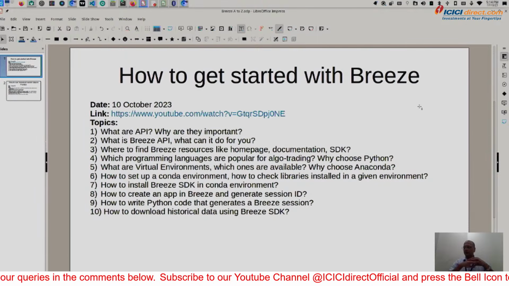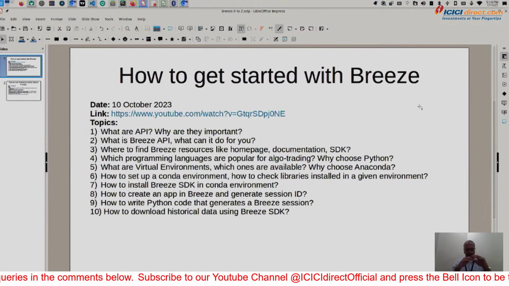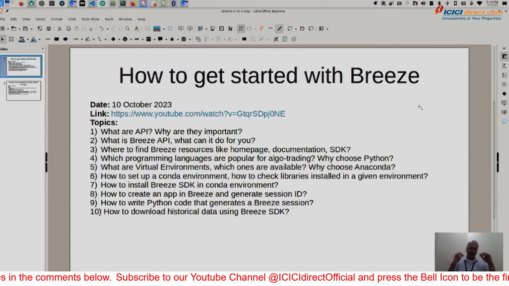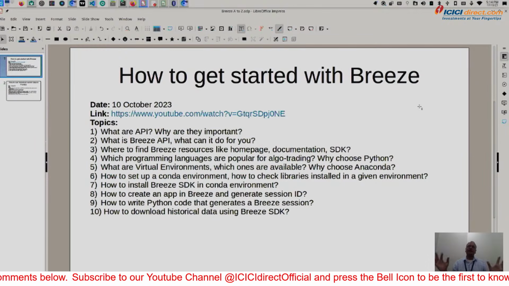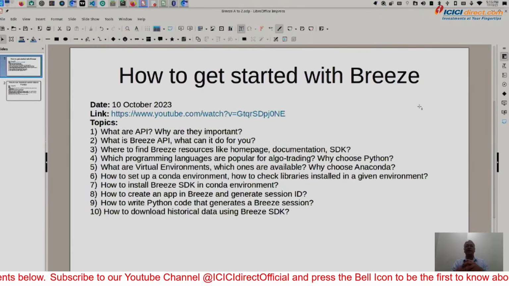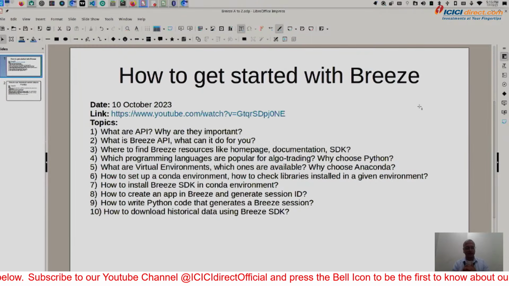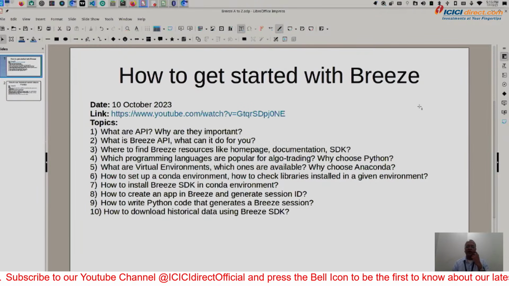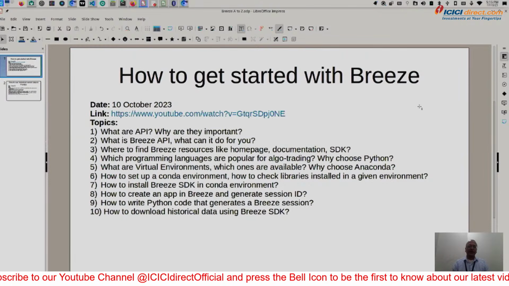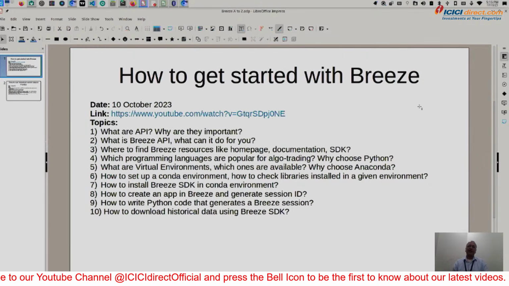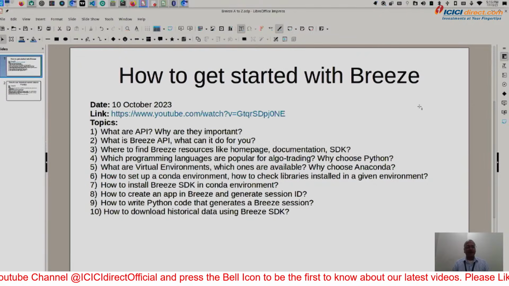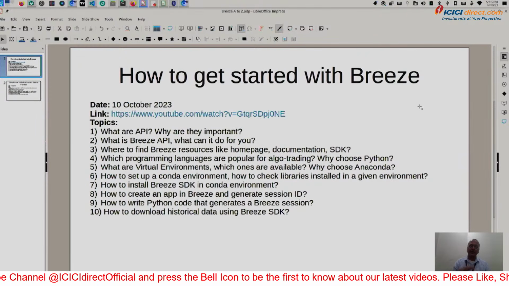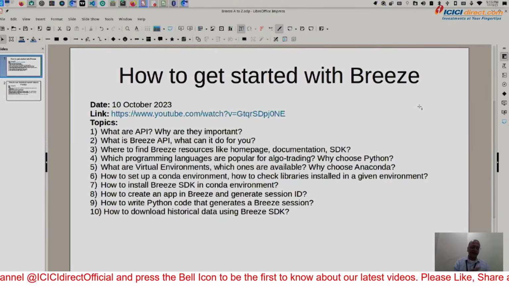So then, using all these best practices, we set up our own environment. We set up Anaconda, VS Code, and integrated the Anaconda environment with our VS Code application. Then we went ahead and installed Breeze in a specific Conda environment, and we created an app, generated a session, and we ended with getting data for ICICI Bank